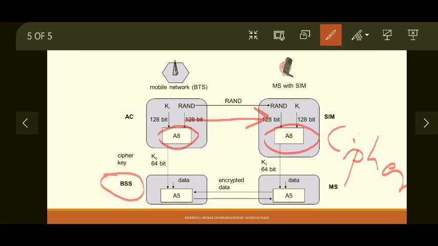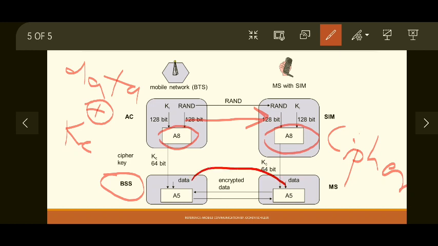Once the cipher key is generated, it is forwarded to the base station where user data is encrypted using this cipher key. Data XORed with the cipher key will encrypt your data, and then it can be exchanged over the wireless interface.